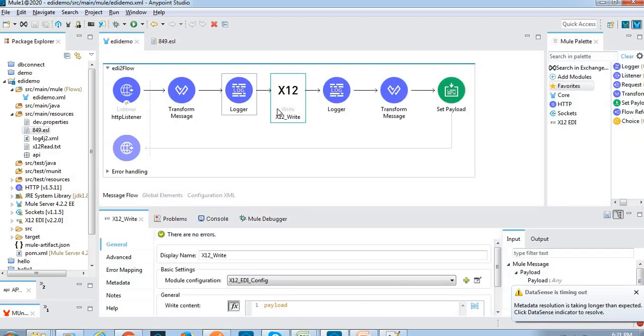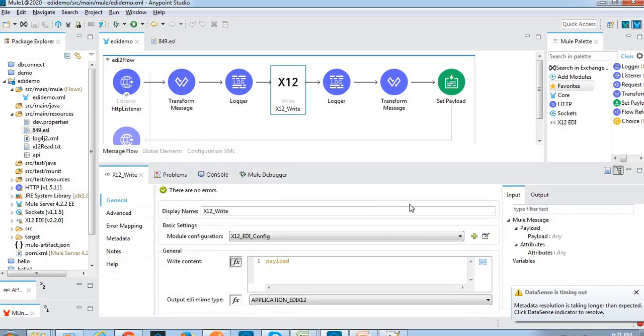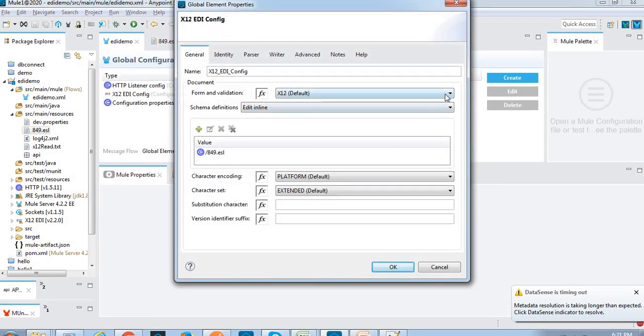See here, let me open the X12 write configuration. From the object we are writing the EDI file with the help of the ESL file. Here we need to select X12 default, and here we have to provide the 849.esl. This is transaction related information, so it is 849; for other transactions it will be different.